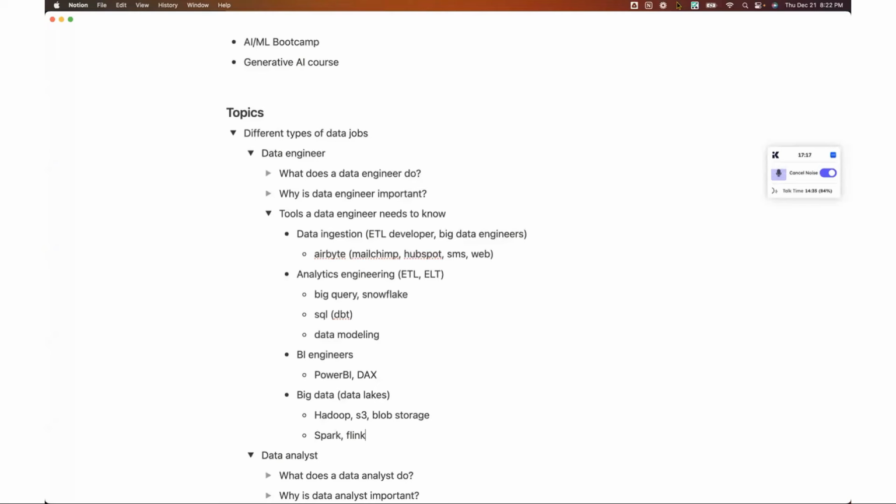Big data engineer jobs definitely require stronger coding skills, right? So if you're transitioning from data analytics to data engineering, analytics engineering is relatively easier for you to get started with. And if you come from an IT or software background, big data engineer might be something you want to look into. But you can always start from analytics engineering and then eventually become a big data engineer. And in some companies, you probably need to do a bit of everything.